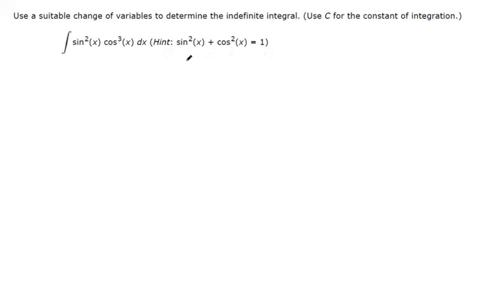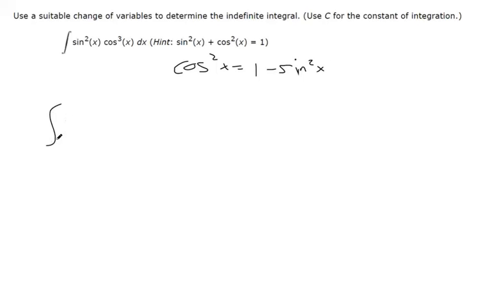With this hint, you want to think that sine squared is the same thing as 1 minus cosine squared, and that cosine squared is the same thing as 1 minus sine squared. You can rearrange that formula. And let's see, I think the best way to do this would be to solve for cosine. No, I think I got that backwards. Is that right? Yeah, because that's going to be 1 minus sine squared